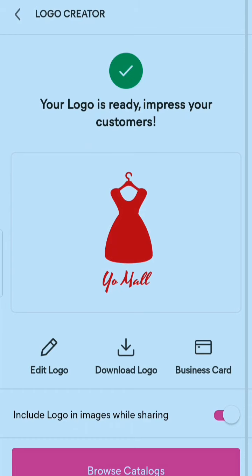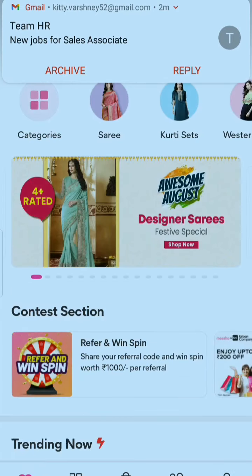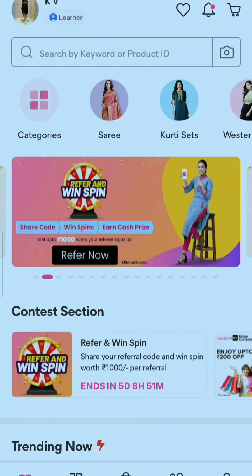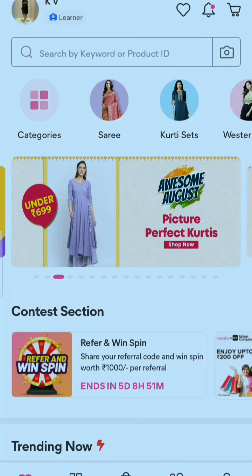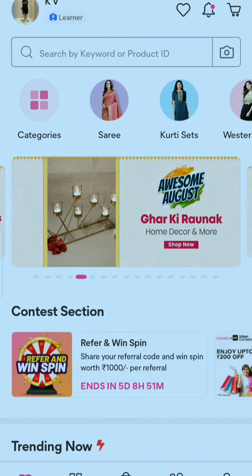So guys, this is a business app. If you want to resell here, you can also resell, but now we are talking about creating logos. This is the app homepage dashboard. You need to create your account here as a seller and reseller.